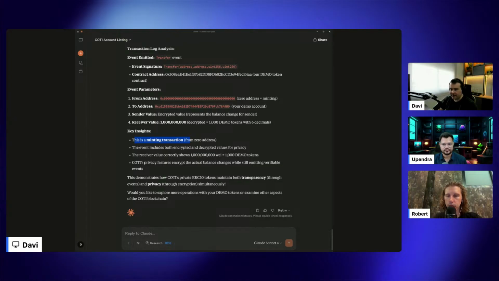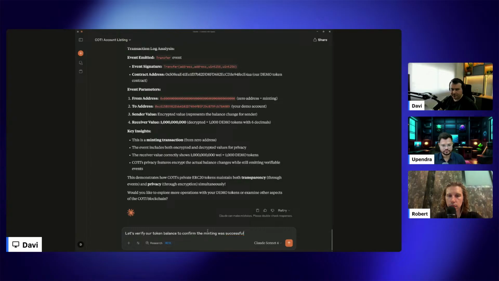So we already saw get event logs and decode event data, and let's check the balance. Let's call it explicitly. So let's verify our token balance to confirm the minting was successful.